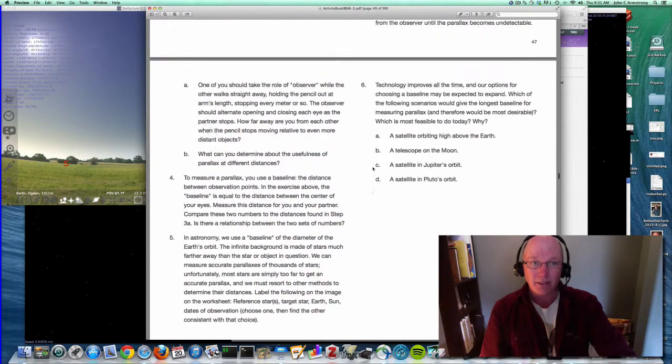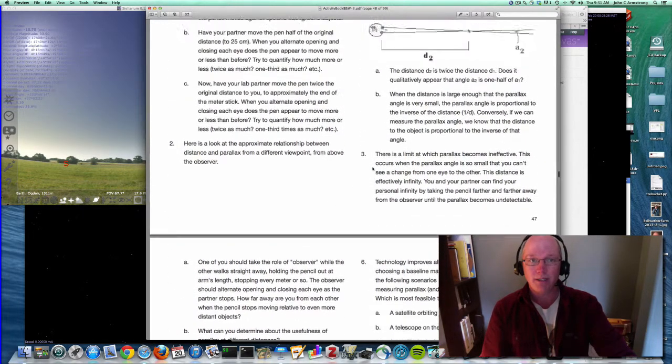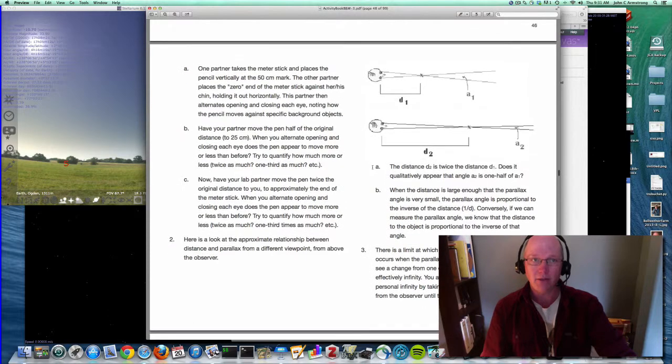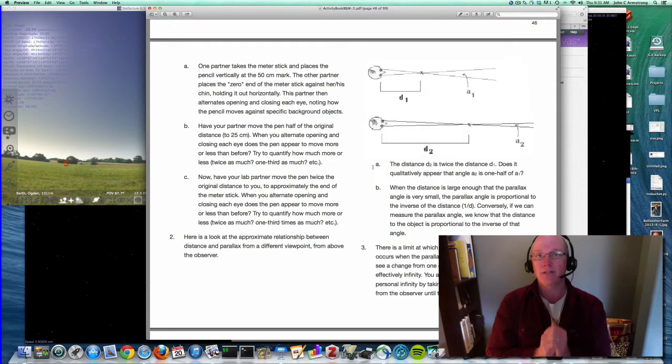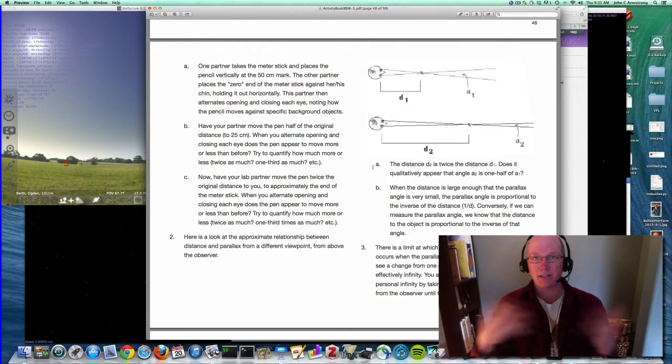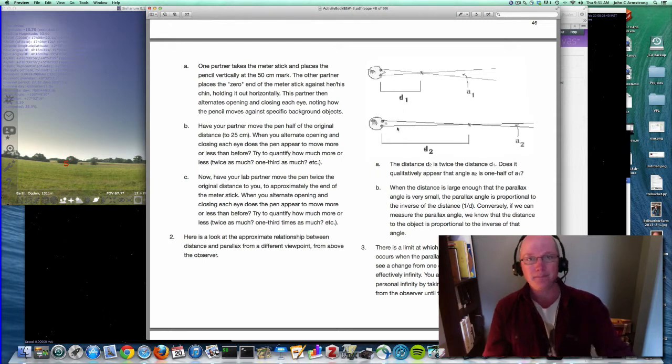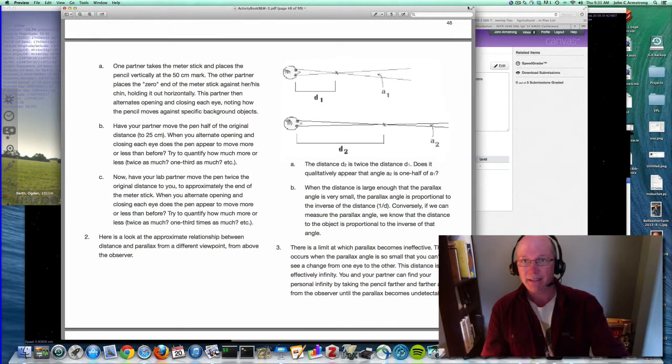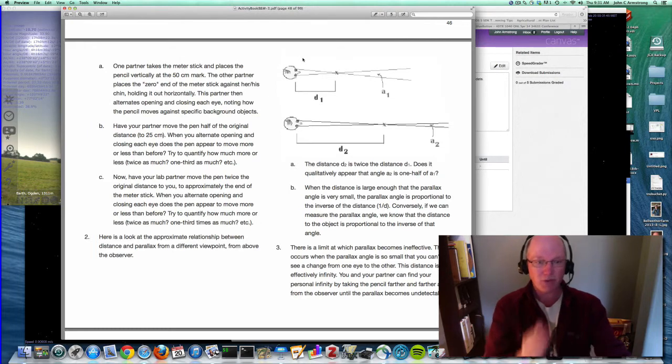And the other thing you're going to be doing in this activity is seeing what the limitations of this technique are. And you're, again, going to use your own eyes to do this, figure out if there's some limit where you can no longer detect parallax, because that's going to set a limit on how far away we can see in the galaxy. So that's the purpose of that activity, and I think it's pretty straightforward, something you can do